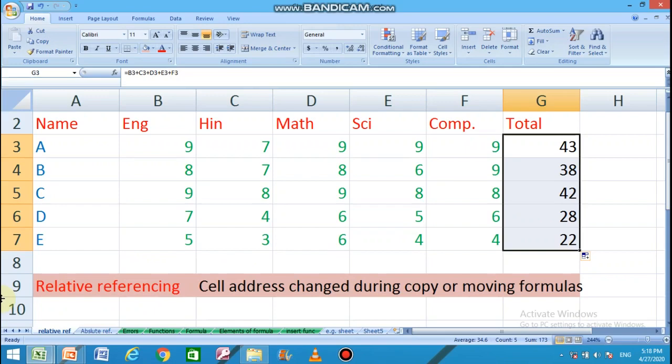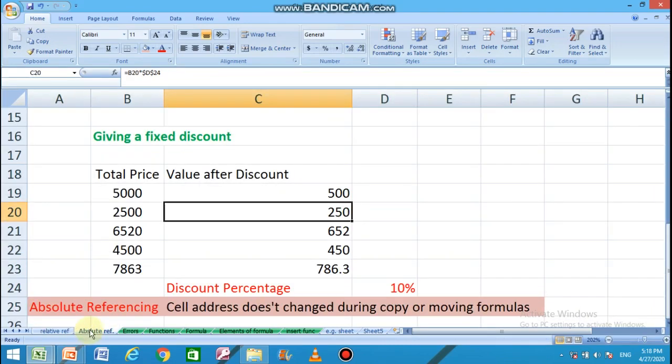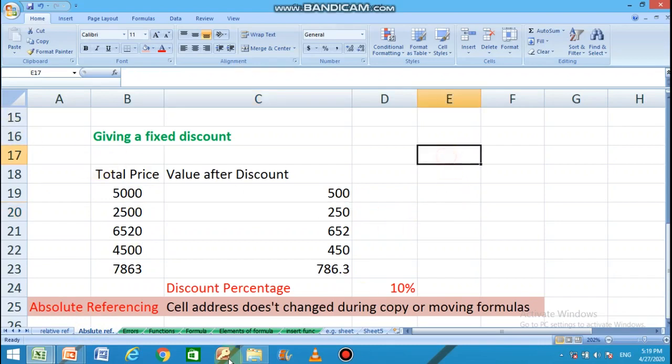Sometimes we don't want the cell addresses to be changed. In that situation, we require a special mechanism to make the cell values absolute. That special mechanism is placing a dollar symbol before the row and column names. For example,